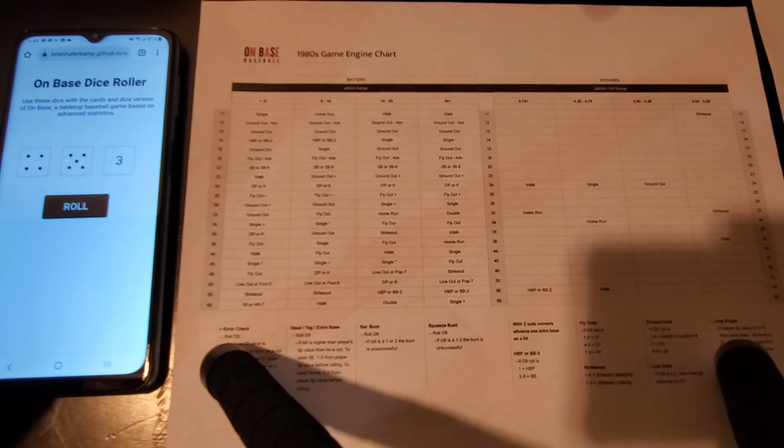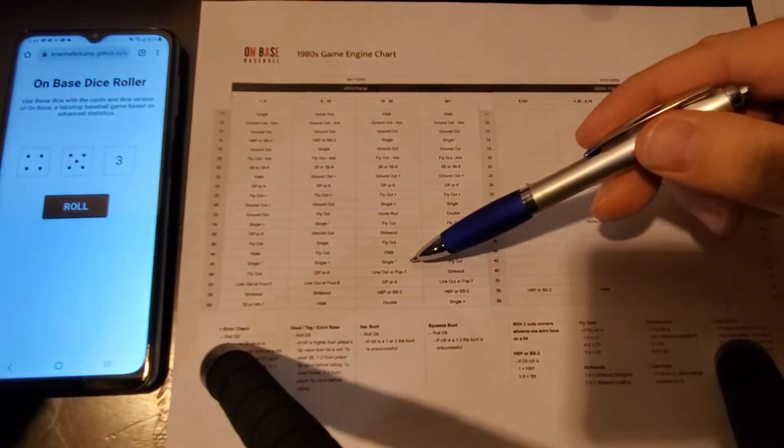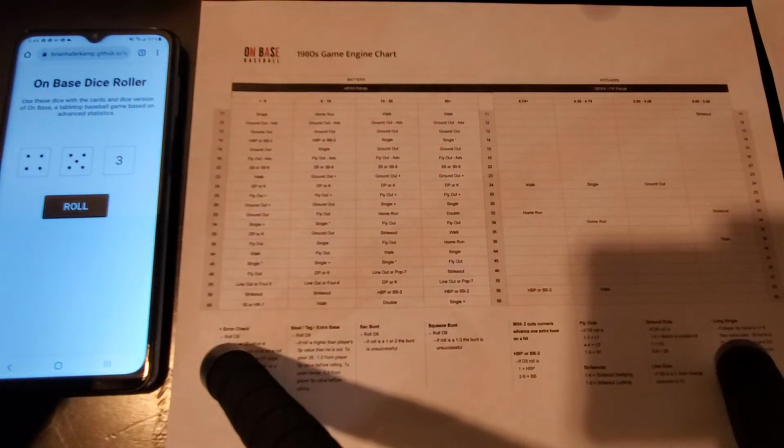4-5 to Kevin Mitchell. Mitchell is a 12 batting runs, so it's going to be here. That's a single, a long single, and Mitchell's speed rating is a 4, so he's going to stop at first base, but he's on with a base knock, his first hit of the game.